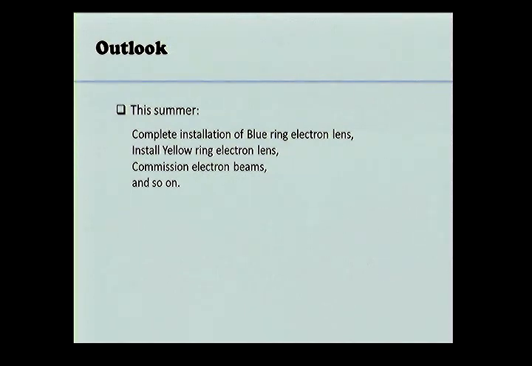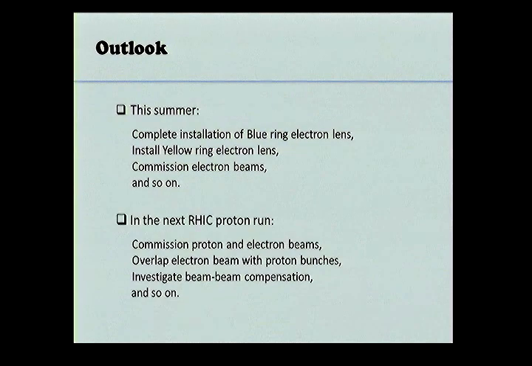That means to transfer the electron beams from the electron source, go through the superconducting solenoid and dump into the electron collector. In the next RHIC proton run, we will continue to commission electron beams, and also we need to commission